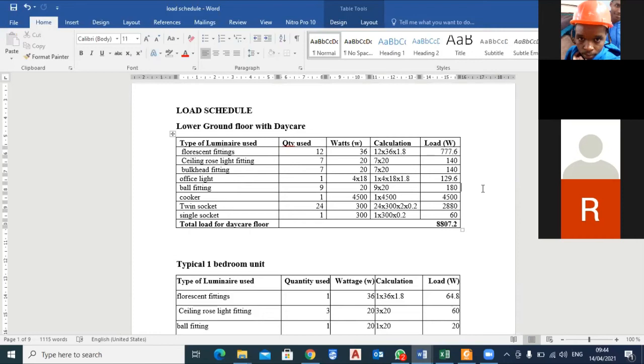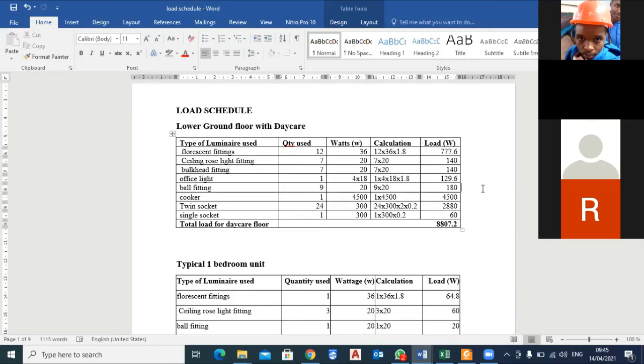So if we have calculated with 20 watts and we are getting 2784, suppose someone comes and uses 100 watts on those 7 ceiling fittings, so it will be 7 times 100. Even for the bulkheads, if he uses that too, it will be 14 times 100, which is 1400. Add that to the 1367. If he also uses fluorescents, like the 54 in the market. For the ball fittings below, these 9, if he uses 100 watt bulbs, so 9 times 100, which is 900. So you will find that it will overload our cables, which have a maximum load of